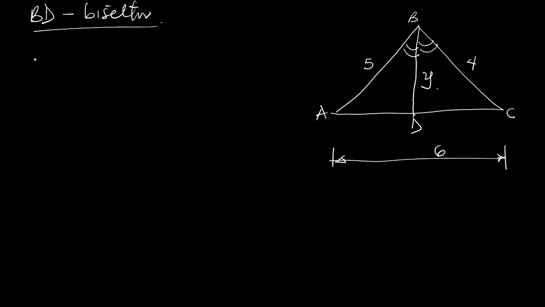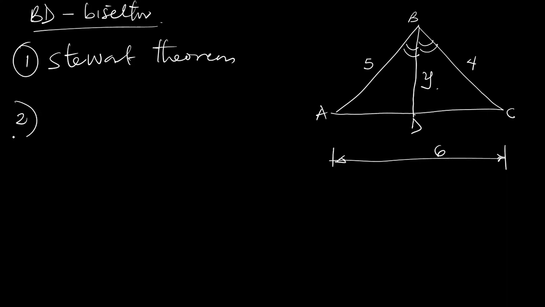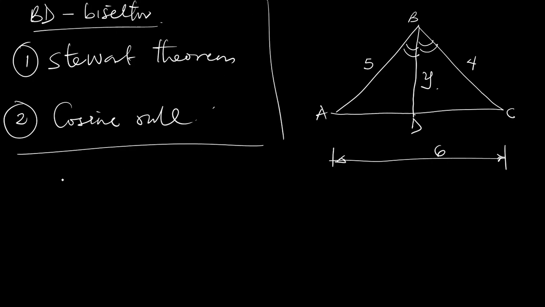Now, we're going to use two methods to be able to do this. We're going to first use Stewart's theorem. Then the second one, we're going to use cosine rule. So let's begin. So the first method,